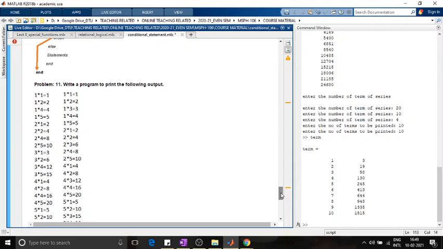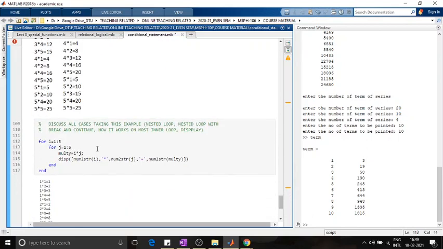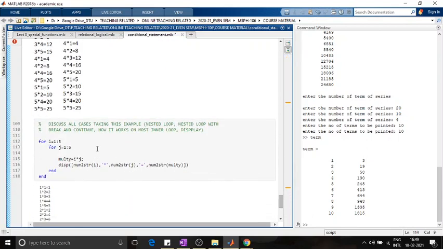So that you can do by simply using here, after writing this, what you write here, right now there is no condition, it will take i is equal to 1, it will do calculation for all values of j, it will take i is equal to 2, again all values of j. यहाँ ये दिखता है कि जो सेकेंड वेरिएबल हमने लिया है उसमें whatever the value of i is there, for j is equal to 3, no calculation is done. So that condition you can put, you can write,